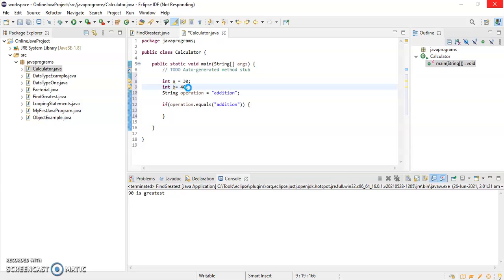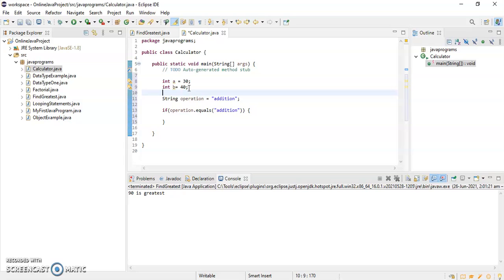For that I'll create one variable result where I can store the result. So int result, and I'll initialize it to 0. I'll just write here result is equal to a plus b.